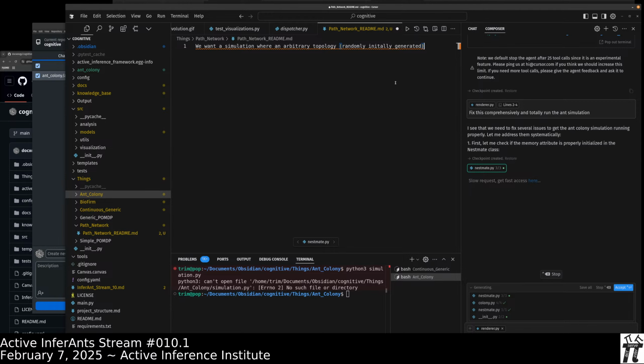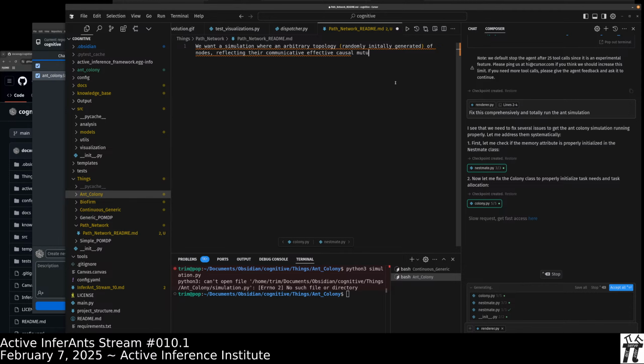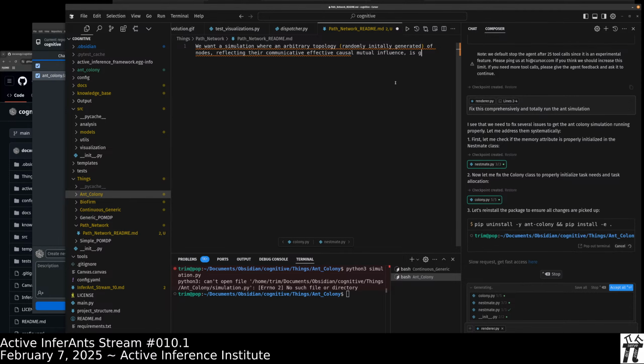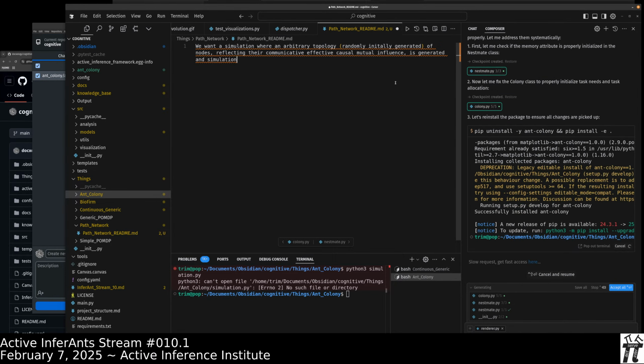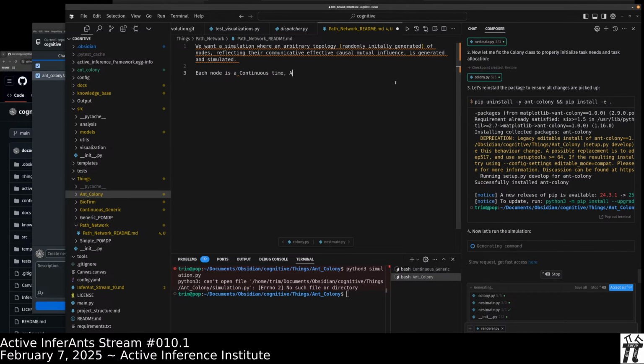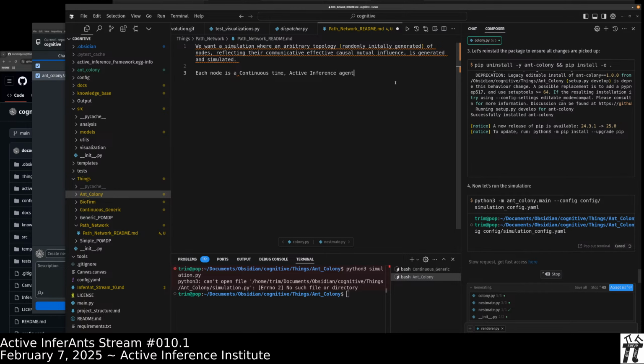We want a simulation where an arbitrary topology randomly initially generated of nodes reflecting their communicative, effective, causal, mutual influence is generated and simulated. Each node is a continuous time active inference agent.